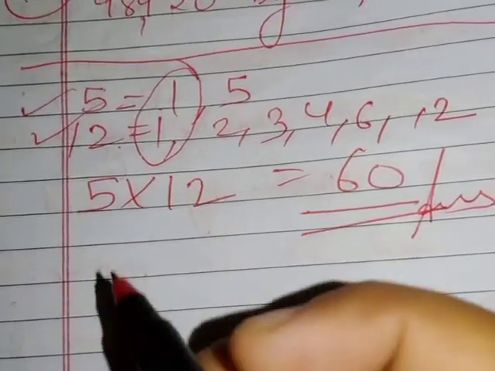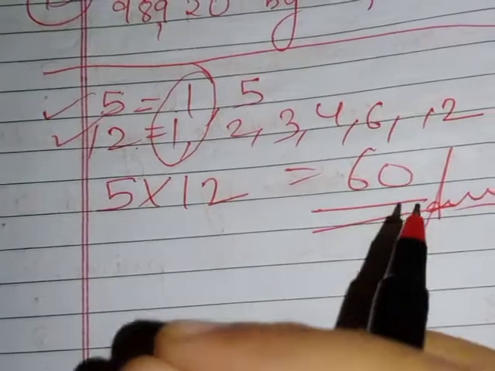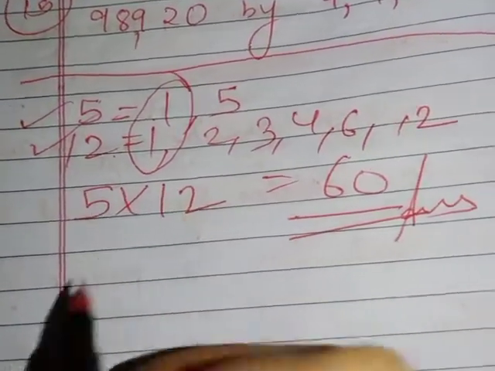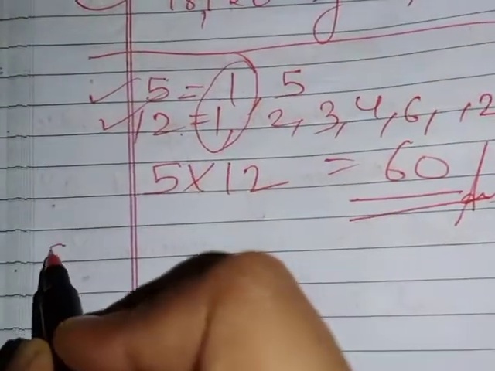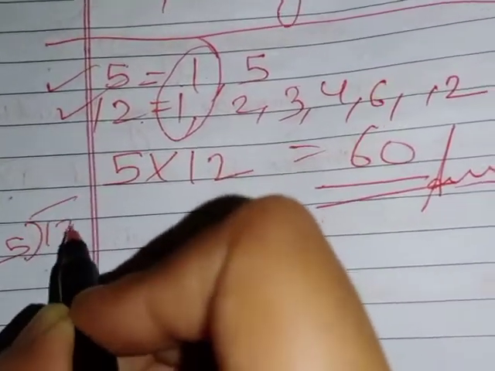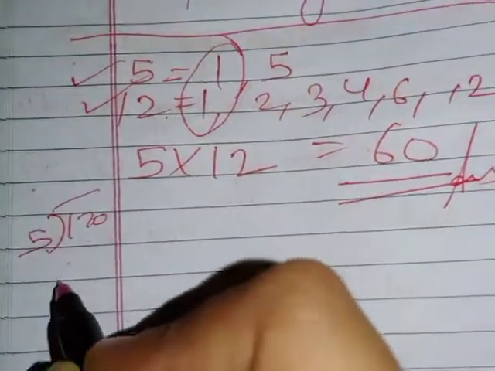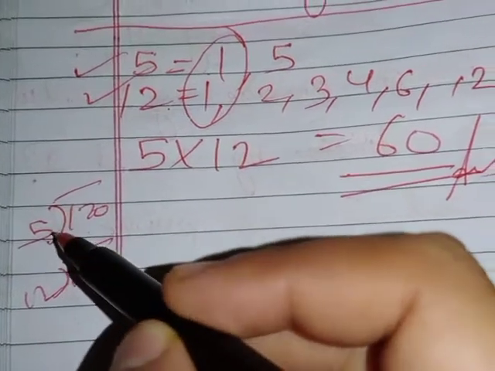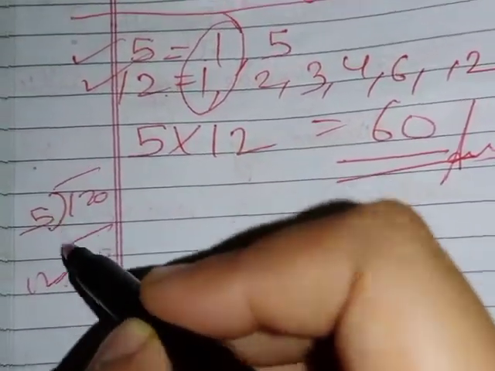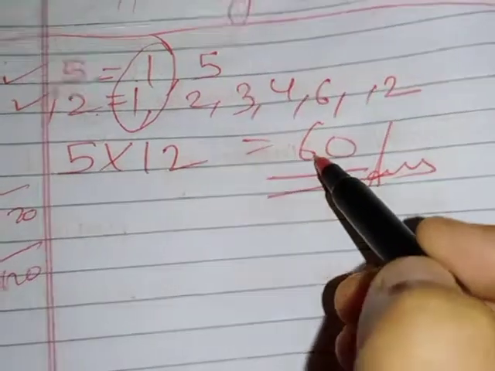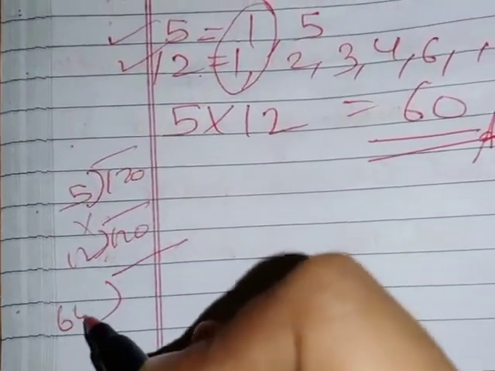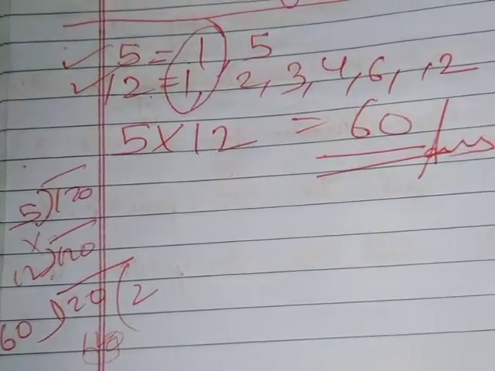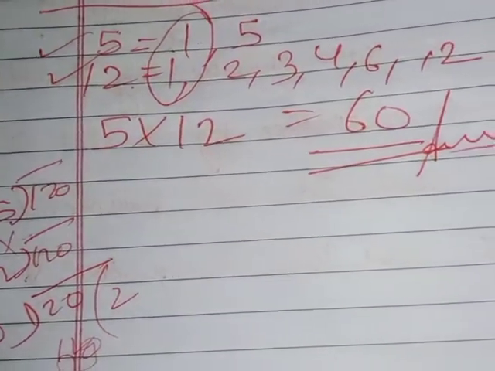You can take any example. Just think in your mind of one such number which is divisible by 5 and 12. We know that in the table of 5, 120 comes, right? And this 120 can be divided in the table of 12 also. I told you that if it is divisible by 5 and 12, then it is divisible by their product also, that is 60. Now you can check: is this 120 divisible by 60? Yes, it is completely divisible. Clear?